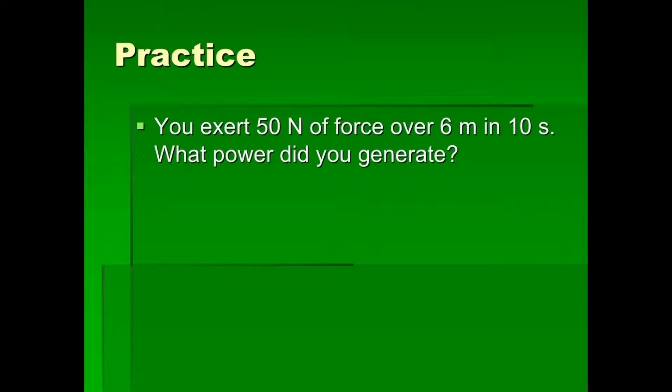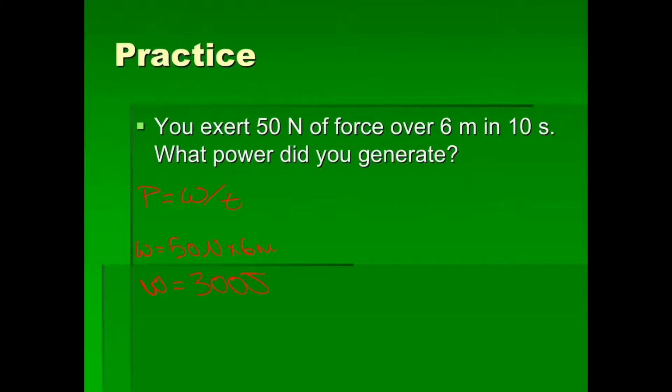So let's do some practice with calculating power. So you exert 50 newtons of force over 6 meters in 10 seconds. What power did you generate? So one thing you may notice is that there is no number for joules in this problem. So that means this problem is a 2-step problem, because our equation for power is power equals work divided by time, and work is measured in joules. So the first step that we're going to have to do is calculate work. So we need to take our work equation and take 50 newtons multiplied by 6 meters to get